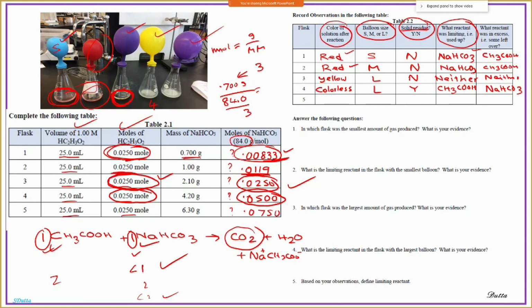If I do the last one, do you see any leftover? Yes, so the last one, number 4 and 5, is going to be the same. So this experiment is going to give you an idea. Did you predict that based on the amount of sodium bicarbonate, this is going to be the largest? Most of the students predict, oh, this is going to be the largest, because I have more sodium bicarbonate. But no, in theory, all three should have the same amount of product, carbon dioxide, which you can see. Because of experimental error, this seems a little bit larger,